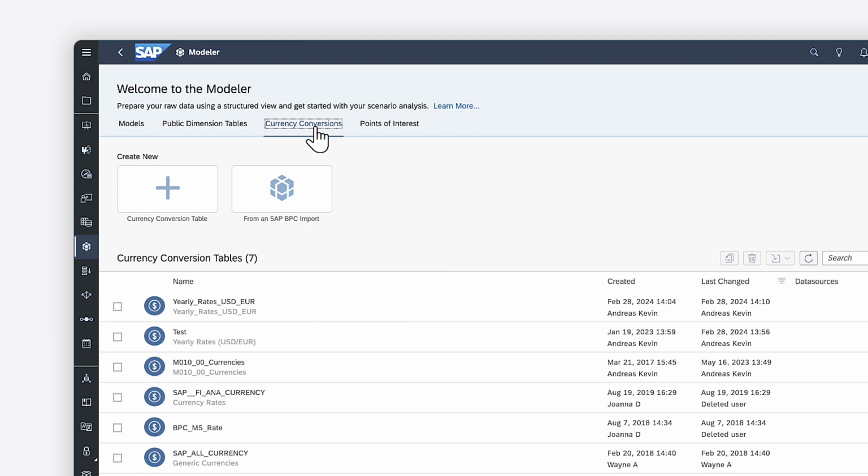for conversion. You can import a table from SAP BPC, or you can create one from scratch and then optionally import data to it from a file or a data source, such as SAP BPC, SAP BW, SAP BW for HANA, or Google Drive. Keep in mind that you can use the same currency conversion table for multiple models if